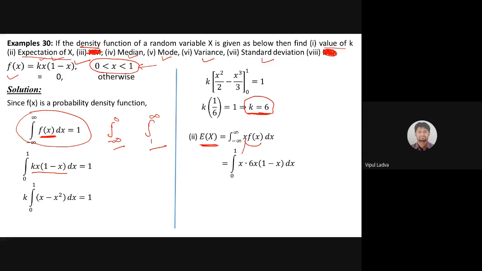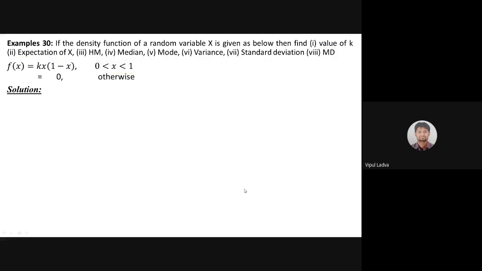So this x is as it is over here. The definition of f of x was k times x times 1 minus x. Now we have the value of k as 6, so it will be 6x times 1 minus x. This is nothing but f of x. Now we need to multiply by x, and then go for the integration. So 6 will remain outside. This is x square times 1 minus x. X square multiplied with 1 gives x square minus x cube. The integration of x square is x cube by 3, and the integration of x cube is x raised to 4 by 4. Putting the limits 0 and 1, we will have the value 1/2. So this is my expectation.